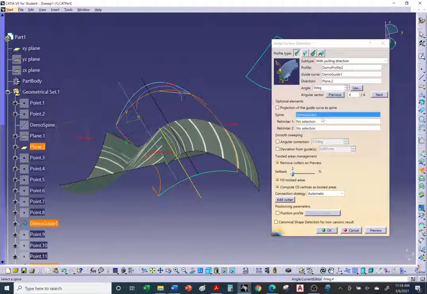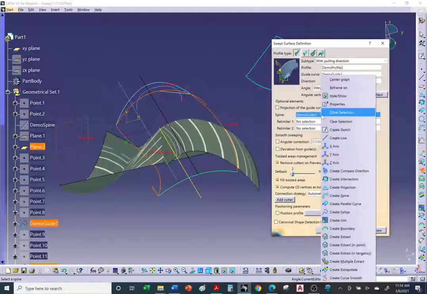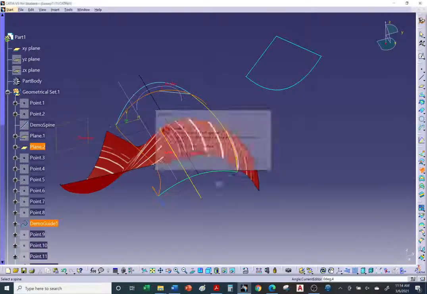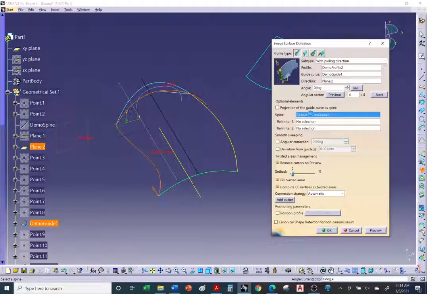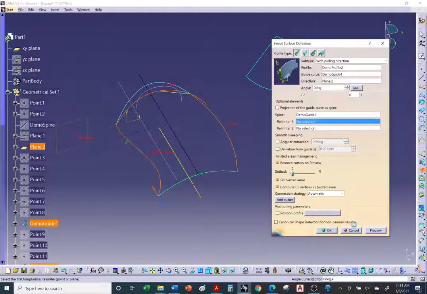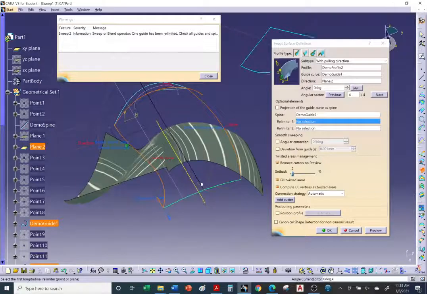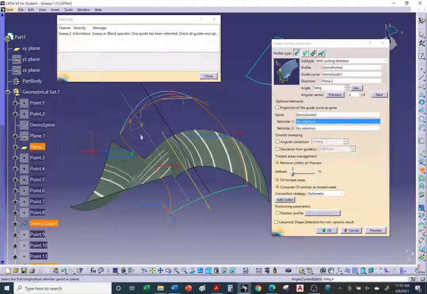Let me see what happens if I remove the spine. I'm going to remove the spine, right click, and clear the spine. Hit preview. Yes, it even makes it worse without the spine. So I need to go back in, include a spine, and preview. Okay, so it's sweeping. Instead of the XY plane,